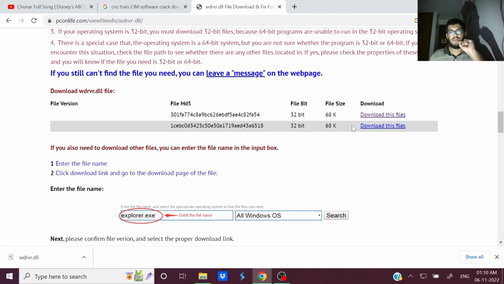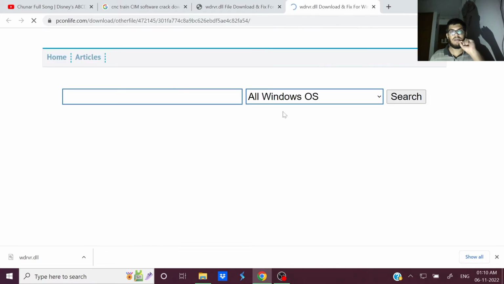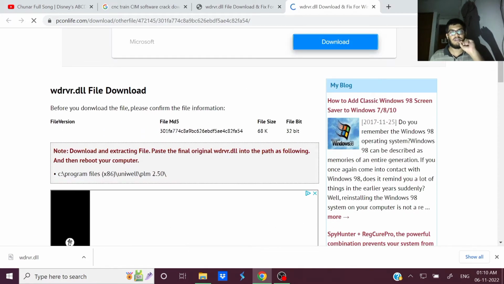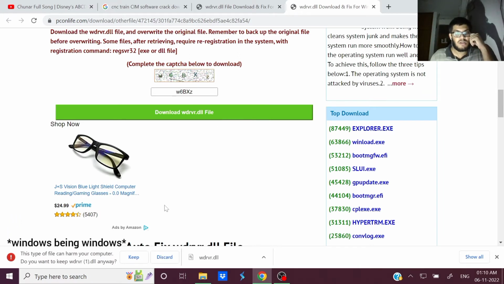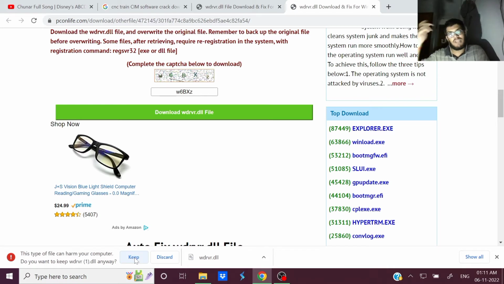You just have to click any of these links, right? Just click on the first link, then it will say blah, blah, blah. Then there will be a captcha which says W6BX and C. Okay. Then you have to click on download wdrvr.dll. This DLL is very important if you are running software like CNC Train or something like that, because if you are downloading those software as a crack, then you definitely will be missing this DLL, right? Or maybe it might be available with the package that you got as a crack, but that might be broken,